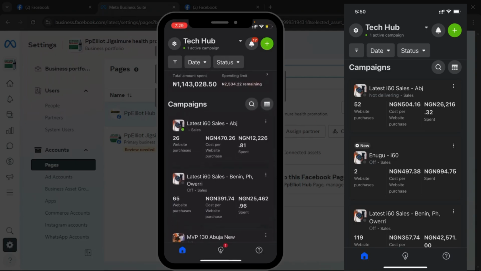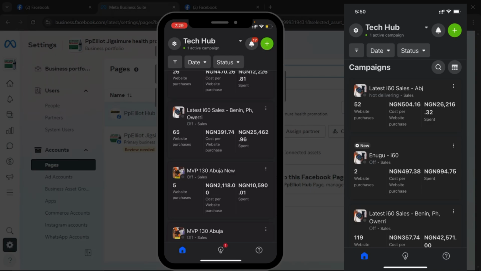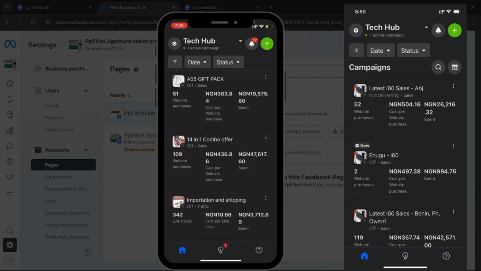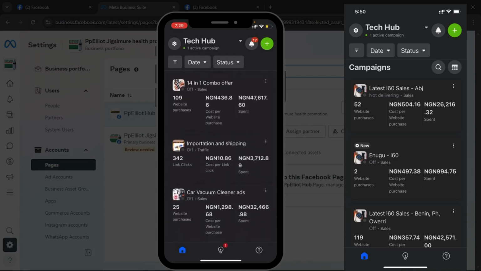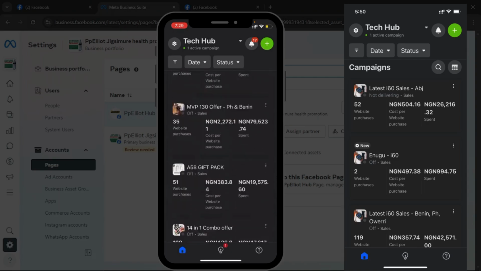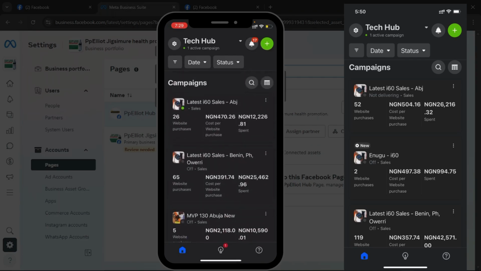all the ads that I'm running currently. This one is on, these ones are off. You can see this one has 26 website purchases, people that bought it. This one has 65 purchases, this one has 1 purchase, 35 purchases, 109 purchases. All these are purchases, 343 link clicks. And also this is made possible by Pixel, because I have Pixel installed on my website that I'm using to